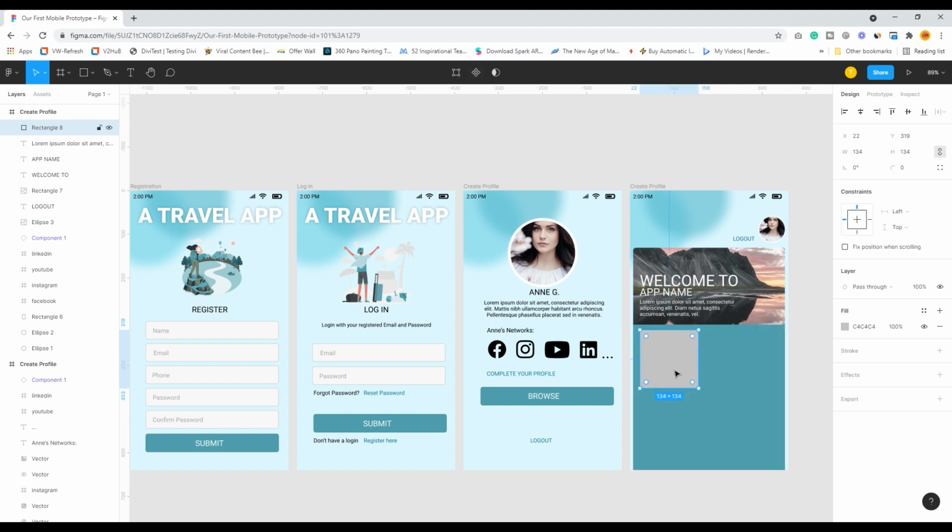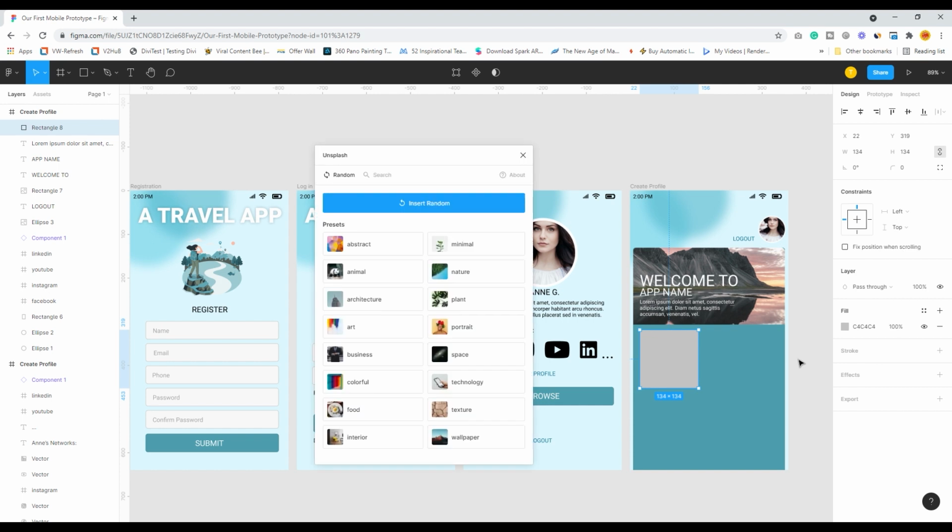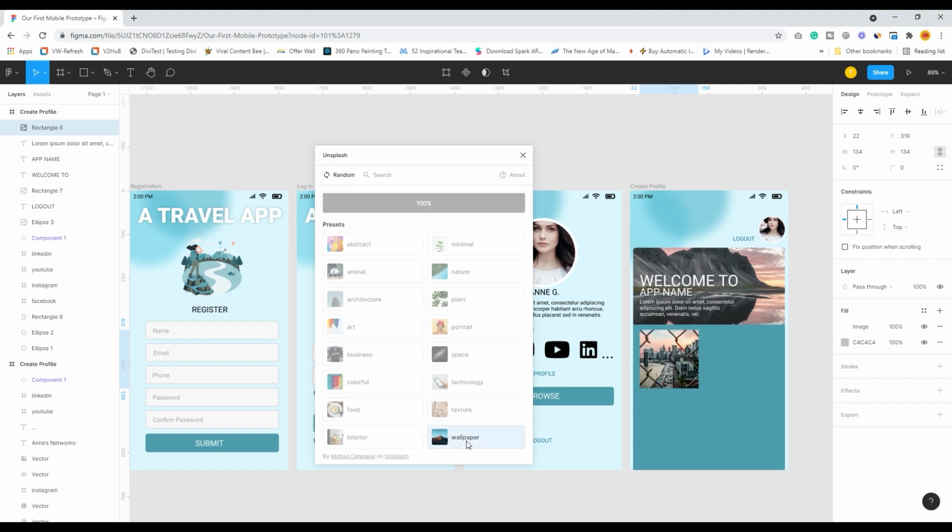You can just right click over here, go to plugin, again do the same thing, go to Unsplash, and take any image. Say this time I take a wallpaper. This looks nice to me.